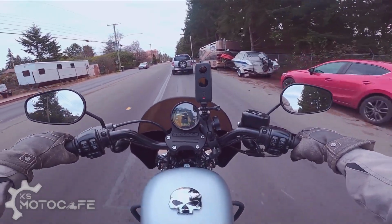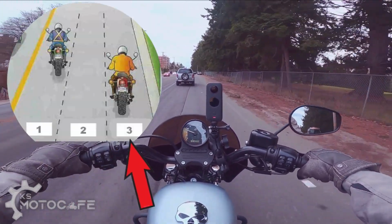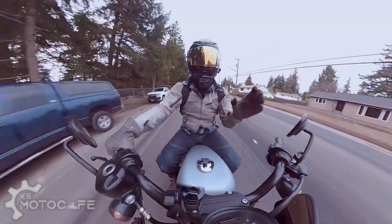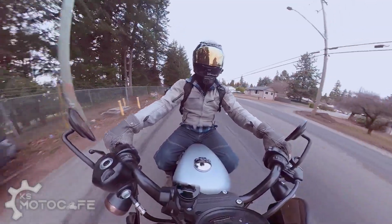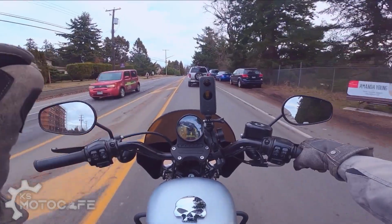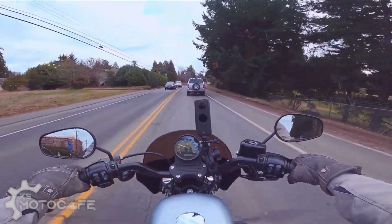Instead of going into my position 1, which is what I usually do when I'm riding in a single lane, I will move over to position number 3, or depending on the surface of the road, you gotta make smooth adjustments and you gotta pay extra attention to the road, especially if you're riding in the winter and colder temperatures, because again, these surface areas are a lot colder, which means it'll be a lot slipperier